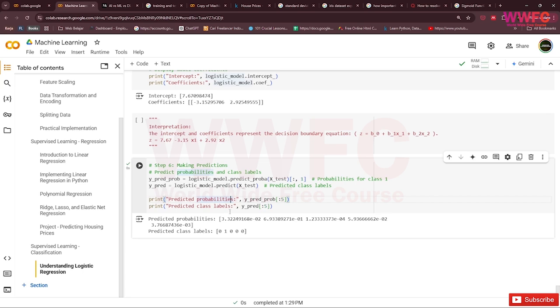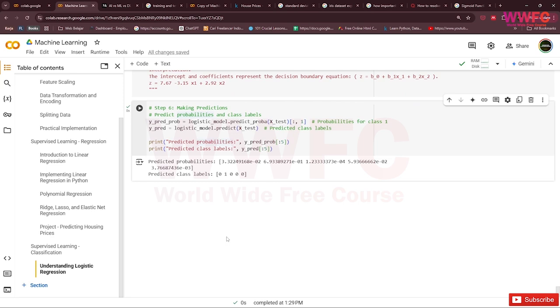So the predicted probability is 0.003, and then this is 0.9, which can be 1, and this is 0.000012333, something like that. So the predicted class label is, the first one is 0, the second one is 1, something like that. So they are the probabilities to predict the class label.